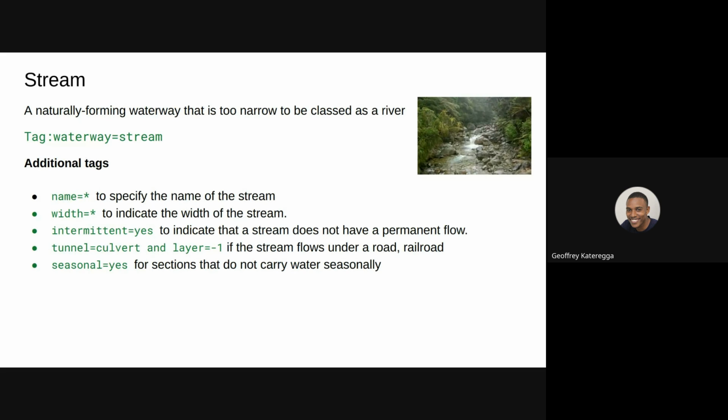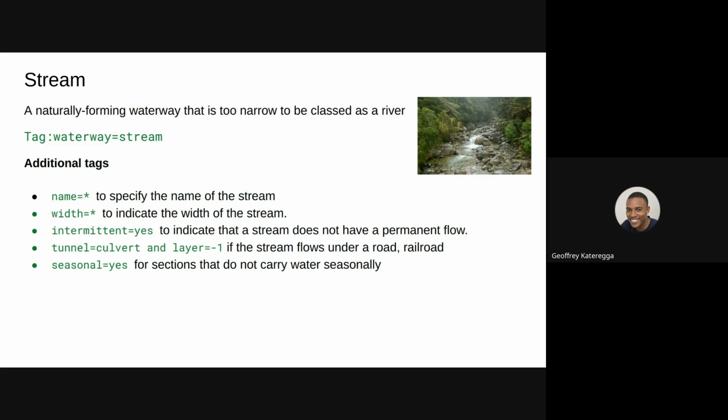Now, one other tag which is very, very common when you are mapping waterways is the layer tag. If you are mapping a river, but a particular part of that river is going under a road, you can tag that section as layer=-1, and this is usually joined with the tag tunnel=culvert.